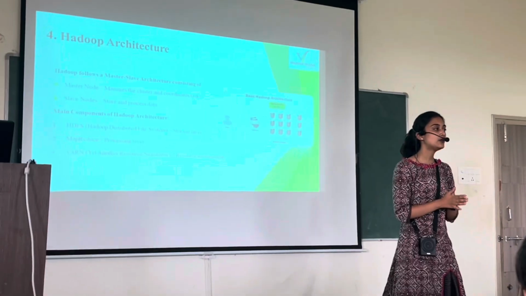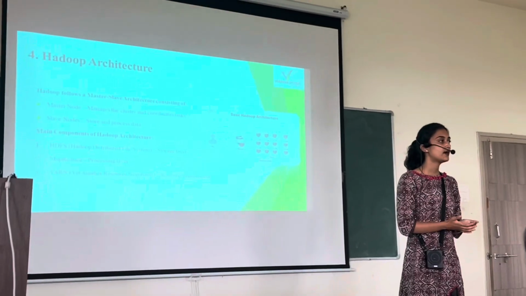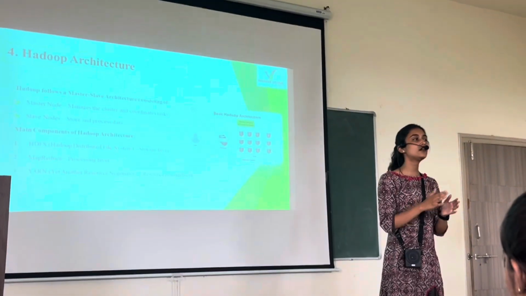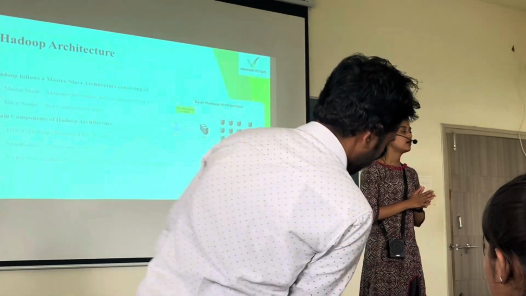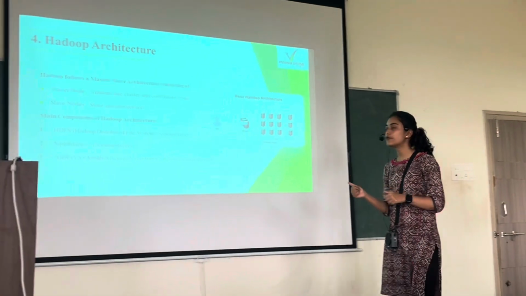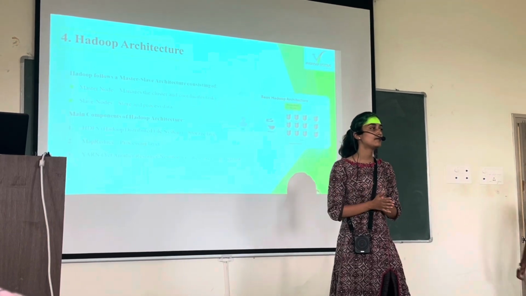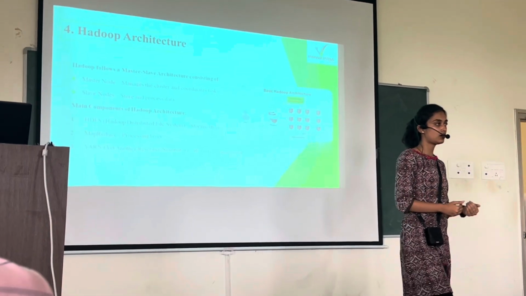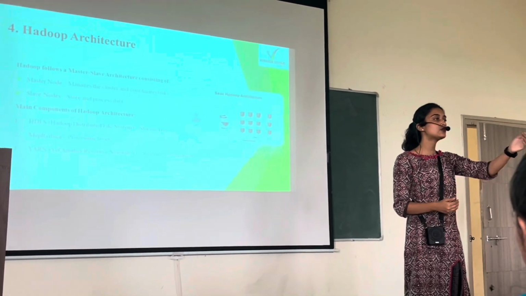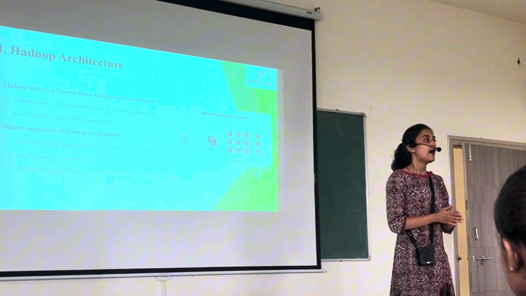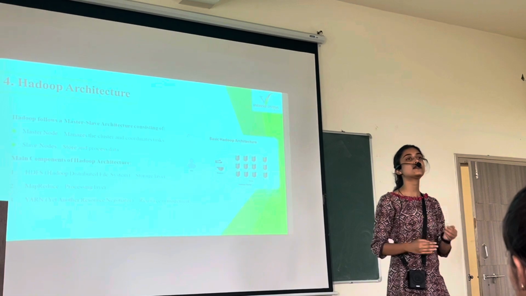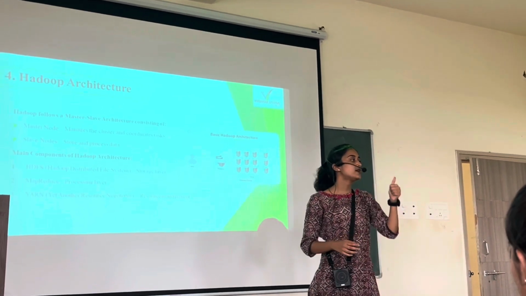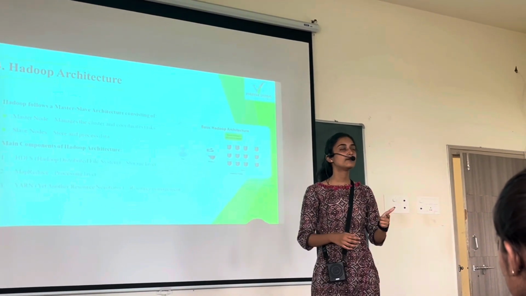Master node will collect the data. It will take the task and divide it among the students, that is the slave nodes. And slave nodes are the ones which will store and process the data. Master node will take the data and send it to slave node. And when the slave node gets the data, it will store it and start processing the data. That is what a master node and a slave node are.